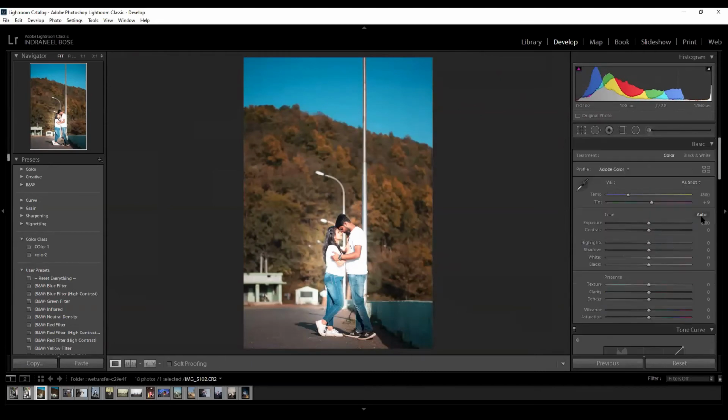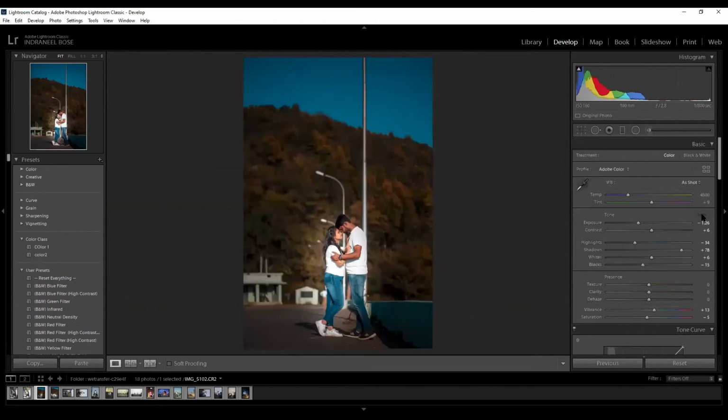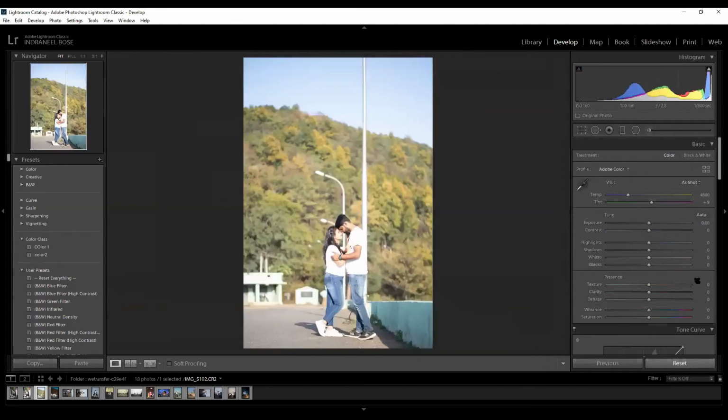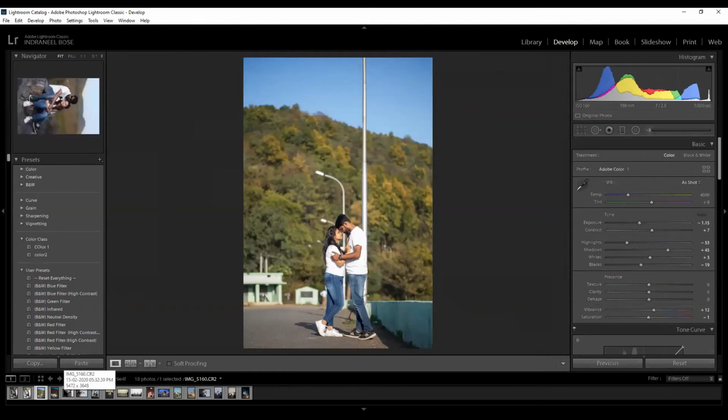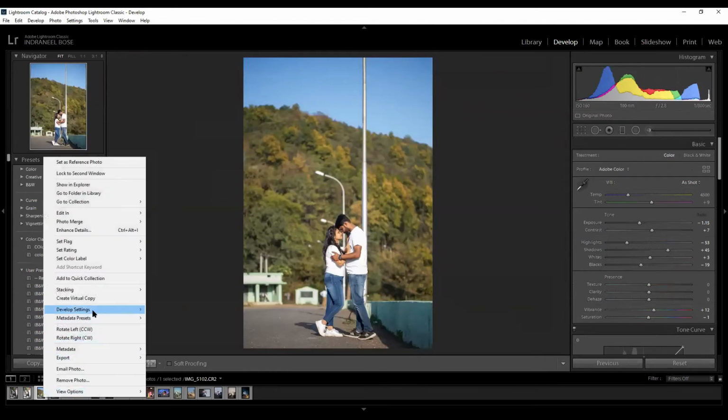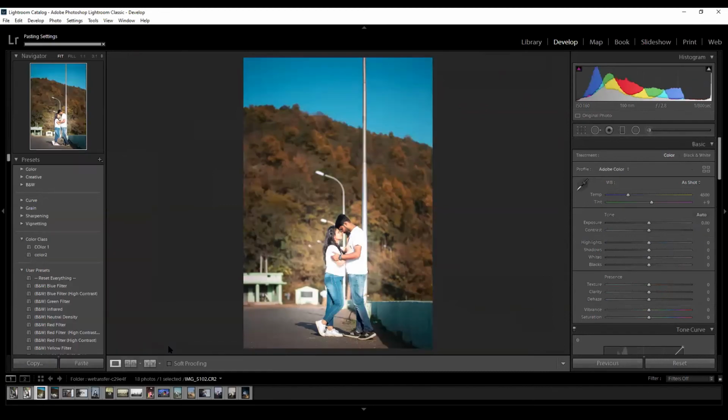You have to always consider this. The mistake I made the first time was I didn't press auto. As I press auto now, and paste the settings, see, now it's there.